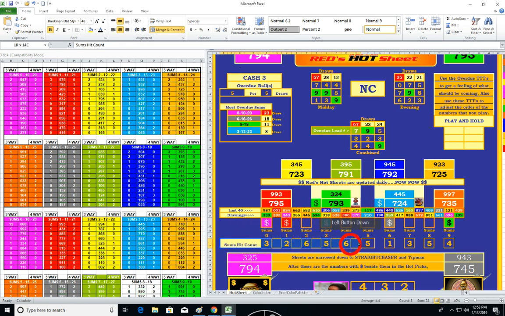This is your sum hit count. This lets you know that this sum here, sum 0, has had 3 hits. This had 2 hits, 6 hits, 5 hits, 6 hits, 5, 1, 3, 5, 4. That's your sum hit count. Each sum has a hit count. So out of the 40 draws, just how many times each sum has hit. So you got 10 sums. Each color should have an average down here of about 4. So if it doesn't have an average of 4 or 3, it highlights it and lets me know that after this